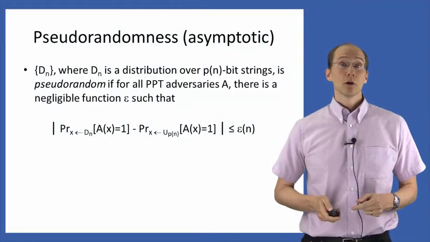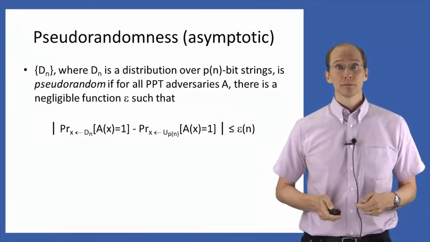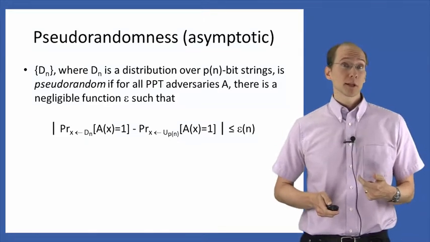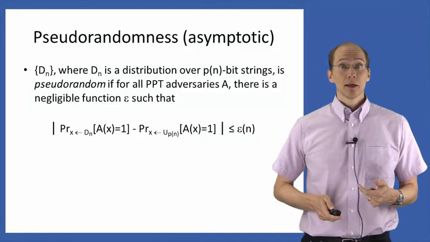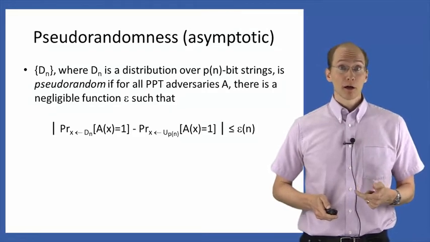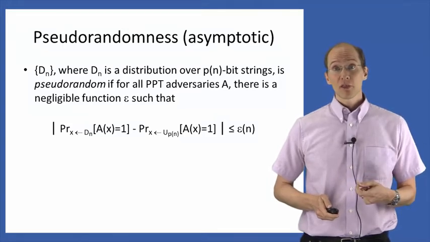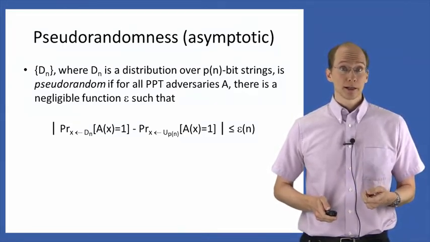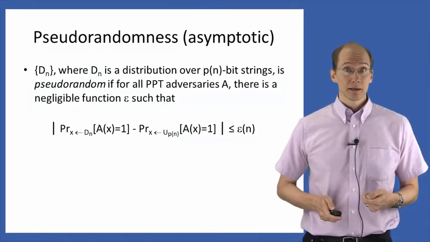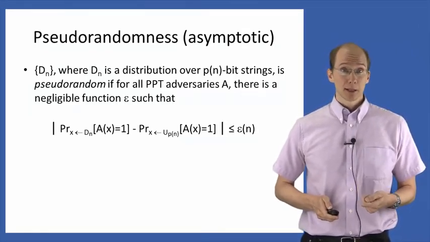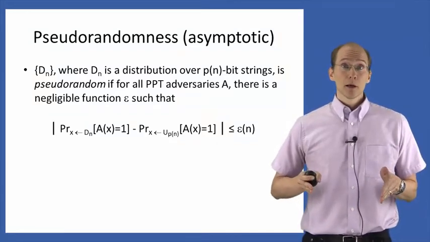In the last lecture, we defined the notion of pseudorandomness, and I'll just recall that definition here. If we have a sequence of distributions, d_n, where each distribution d_n is a distribution over strings of length p(n) for some function p, we'll say that sequence of distributions is pseudorandom if for all probabilistic polynomial time adversaries A, there's some negligible function epsilon, such that if we look at the difference in probabilities between the